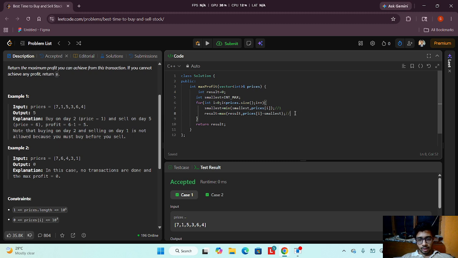So it is checking 4, comma, it will check 6 minus 1. The comparison will be till here. 6 minus 1 will be 5. So you can see that the maximum is 5. So it will take 5 as its maximum number. And then after that, it will return the result, which is 5. So yeah, this was